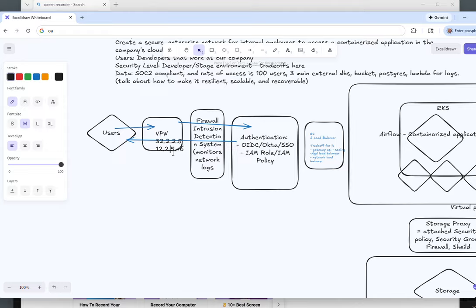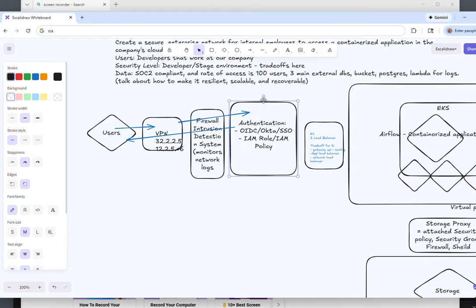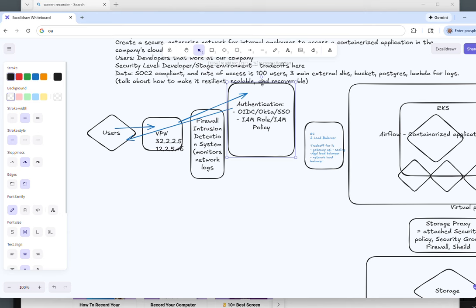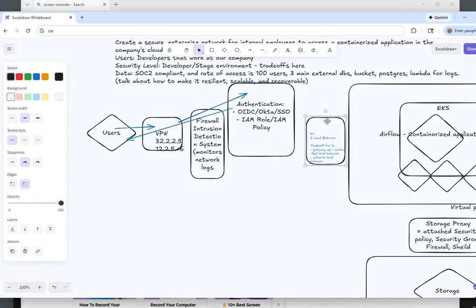So this VPN has a specific IP address. So the firewall can block any public traffic that's not from that IP. So that allows this authentication, which is usually a third party, to do the negotiation and give you a token. So once that session is established,